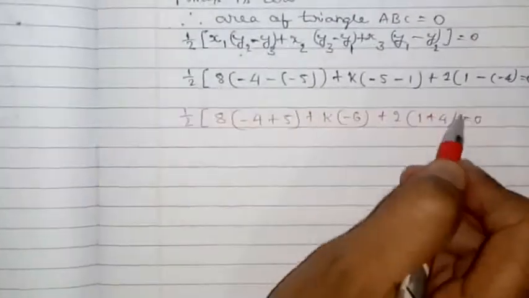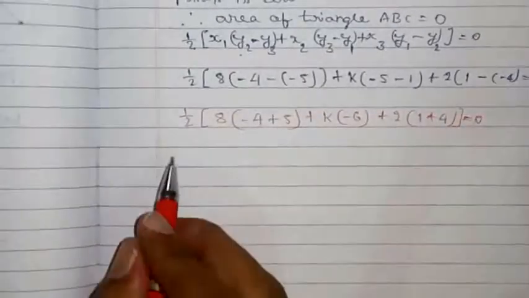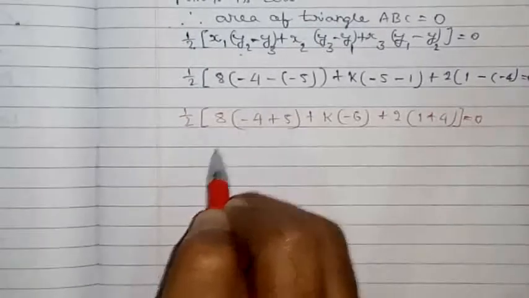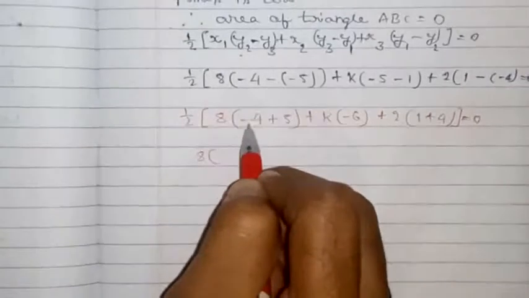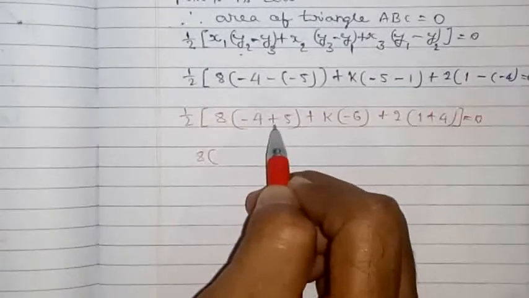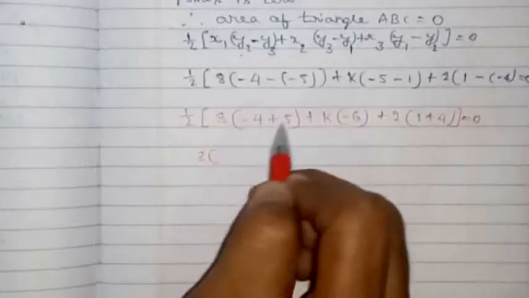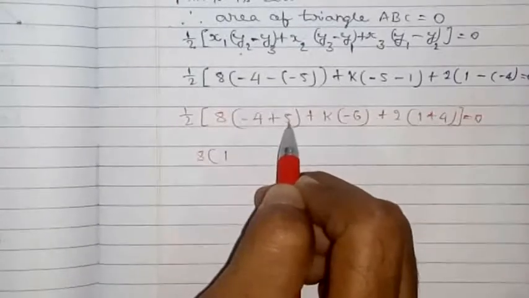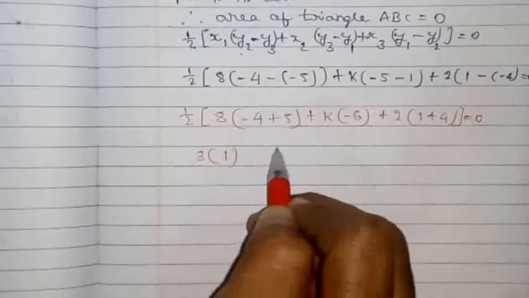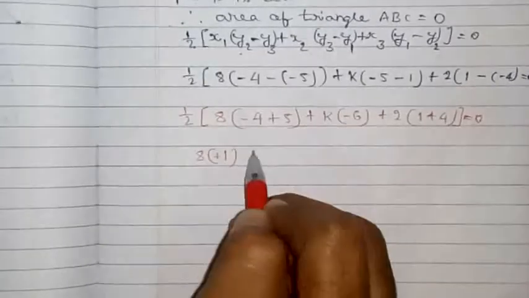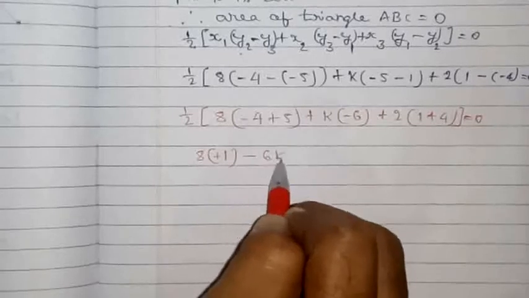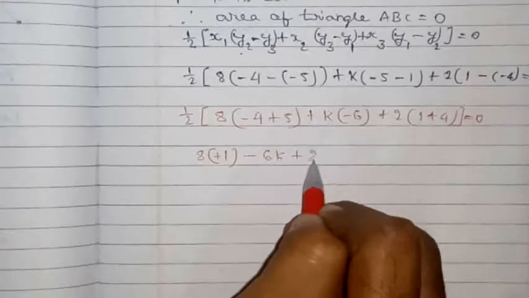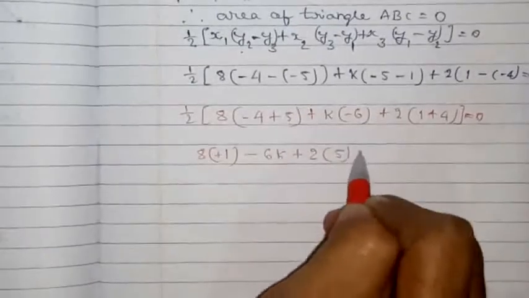Okay, now if you send the half from the left hand side to the right hand side it will become 0. Now I'll not write the half, so I'll write the remaining one. Okay, now here 8 into minus into plus is minus, so therefore you need to subtract. Minus and plus is minus, you need to subtract. So 5 minus 4 is 1, sign of the biggest number plus, so therefore plus 1. Okay, now here plus into minus is minus, 6 into k is 6k. Plus into minus is minus. Now plus 2 into 1 plus 4 is 5 is equals to 0.